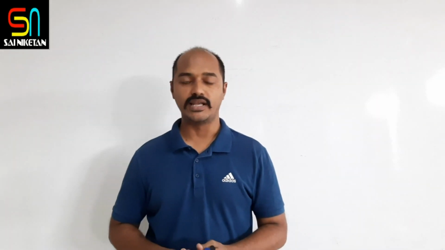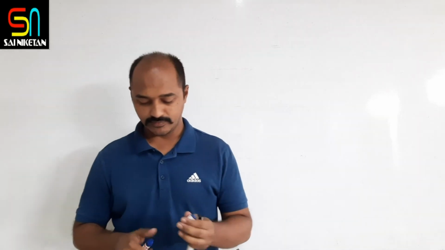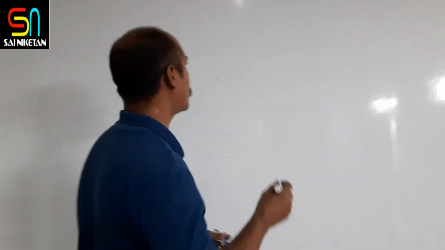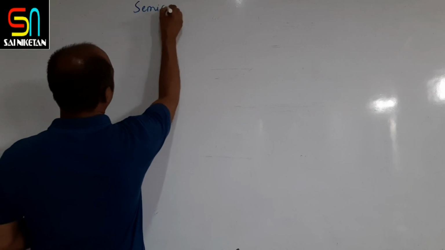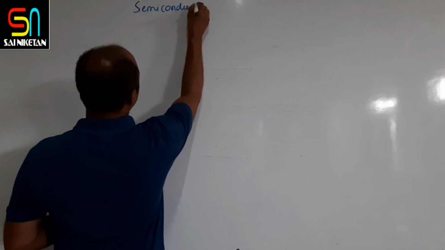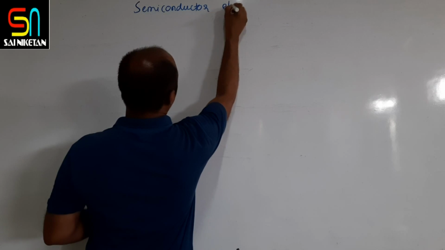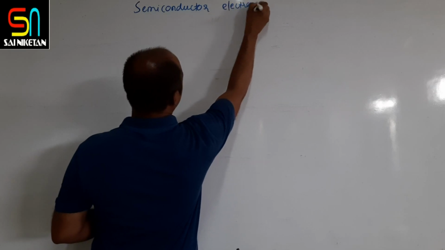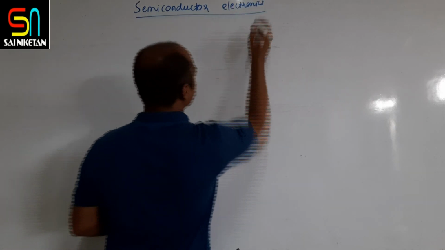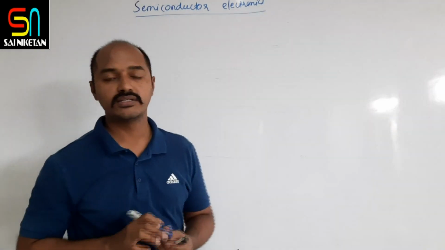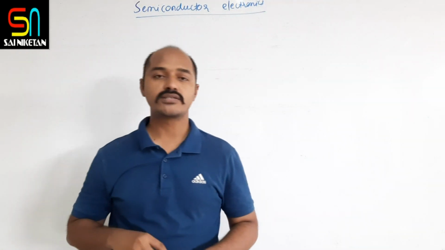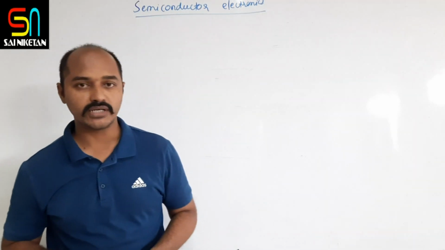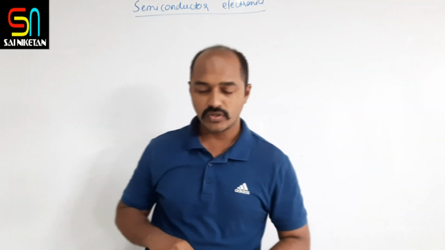That is semiconductor electronics. In your syllabus, it is the last chapter, semiconductor electronics. So in this chapter we are studying in detail regarding the semiconductor. What do you mean by semiconductor, where these semiconductors are used, what are the types of semiconductor, and everything. So let us begin with